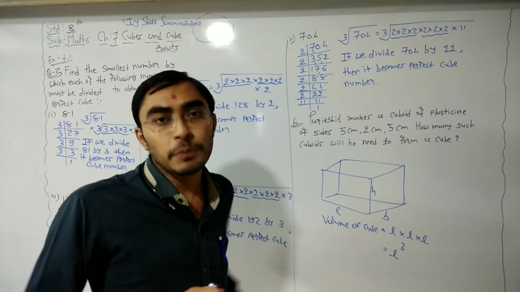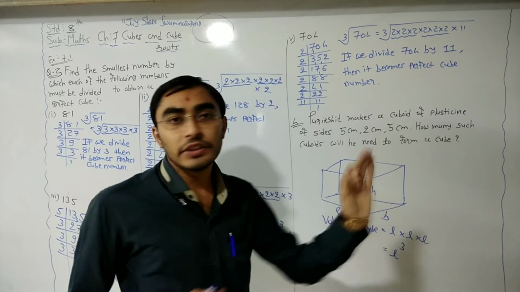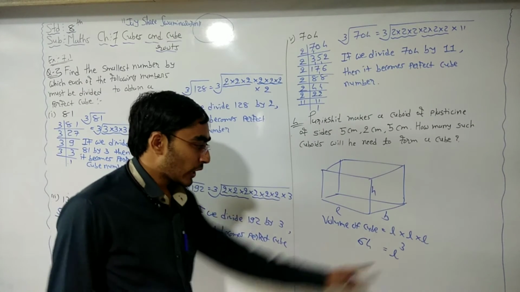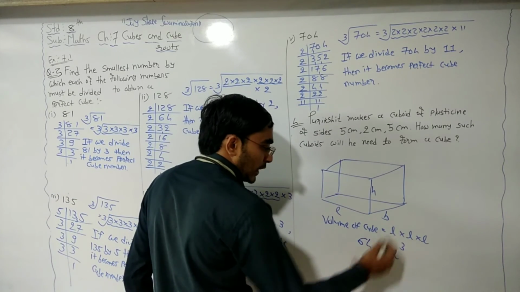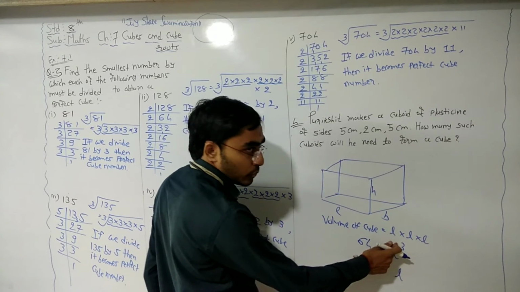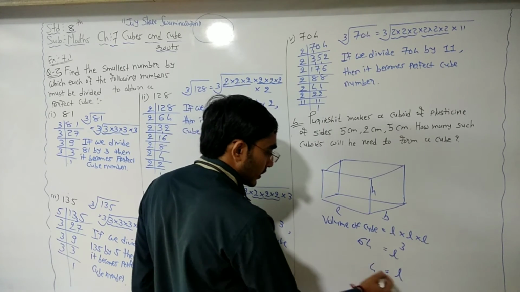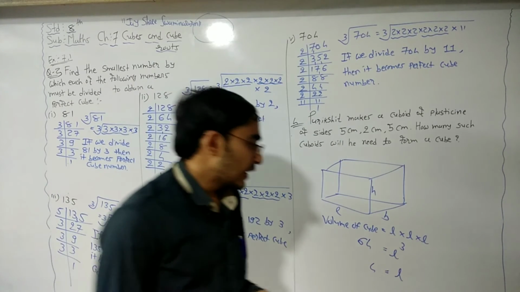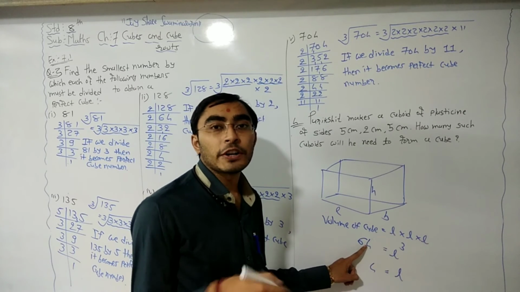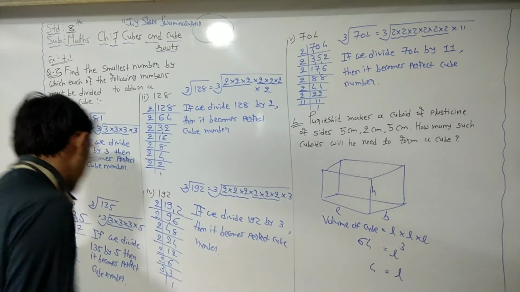Because if we have a perfect cube number, then whatever cube root we get becomes our length, breadth and height. Let's suppose our volume is 64, so L cube is 64. From L cube, if we want to find L, we need to take the cube root, and the cube root of 64 is 4. So finally here we need to take the cube root, so we want a perfect cube number and we will get the exact cube root.